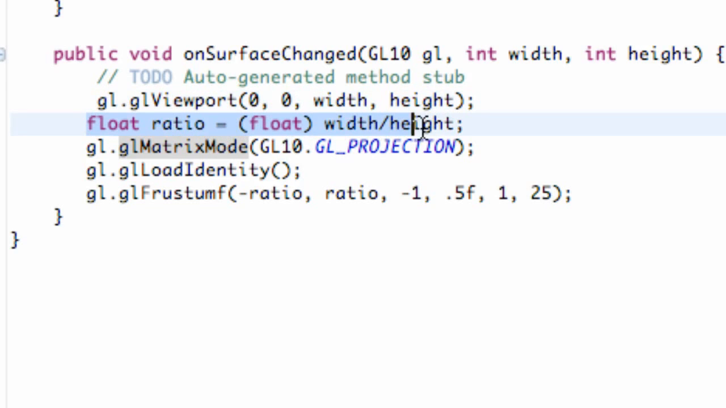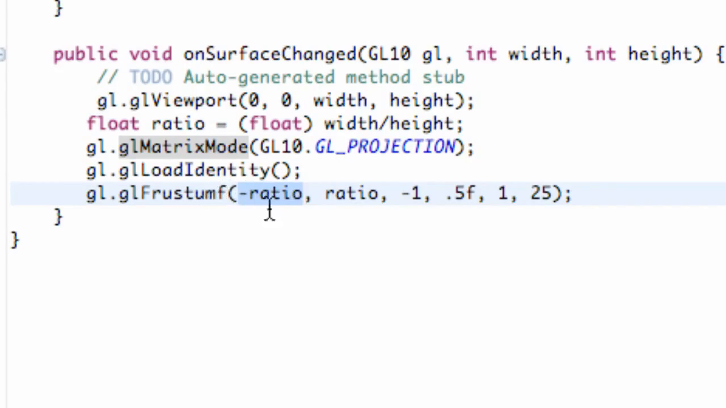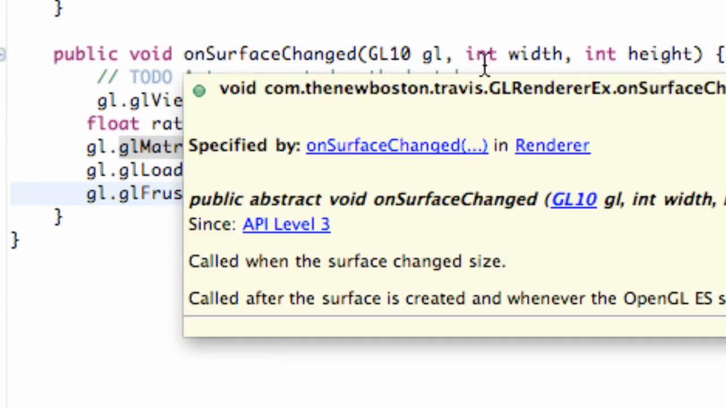And then what we did is we set up a ratio to handle what happens when the person changes their phone from portrait to landscape, and we're going to use this ratio later to define the frustum, which is basically our viewing area where it's going to load all of our shapes or triangles or whatever. And if it goes out of this box surrounding those triangles, then it's not going to be able to be seen. We'll get into that a little bit more in depth in the next tutorial when we actually see the triangle. I said we'd do it in this tutorial, but